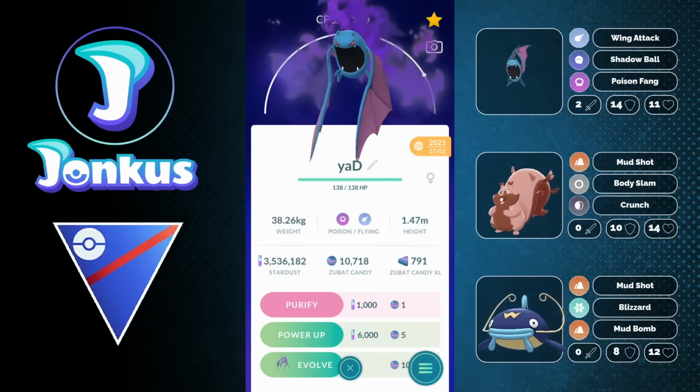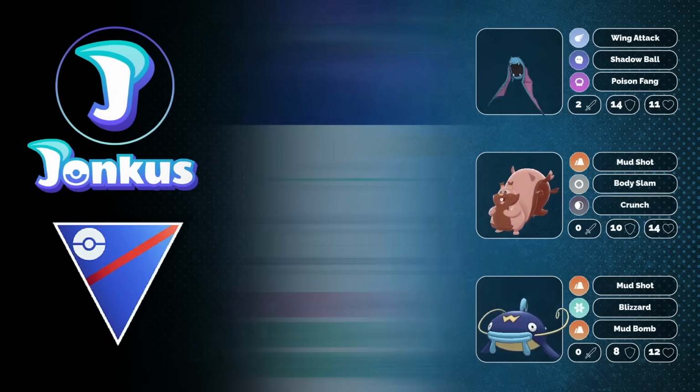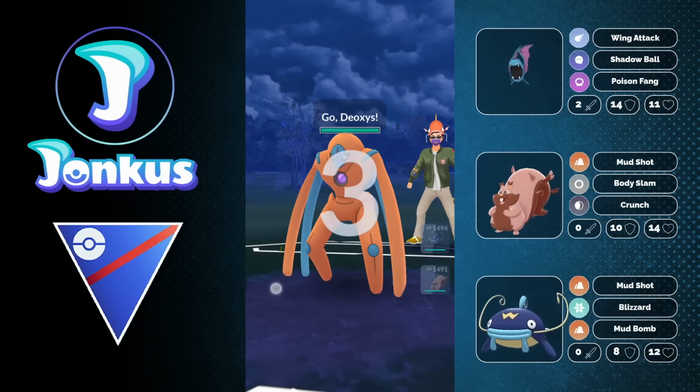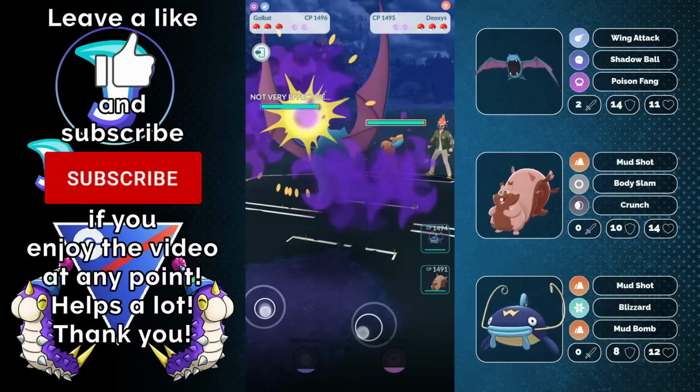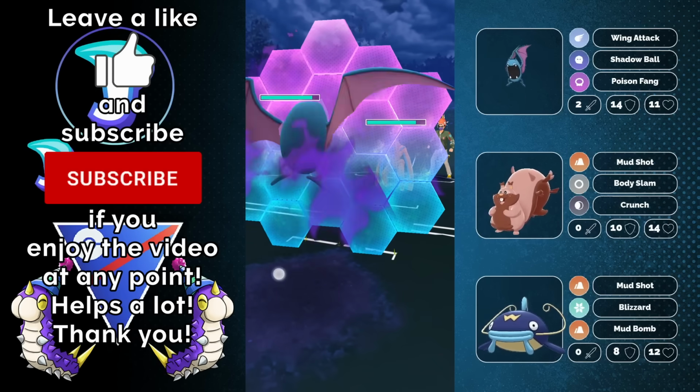Today we're gonna take a look at the cheapest team possible for the Open Great League. I mean, not really possible, as you can also use the normal variant of Golbert. I just have the Shadow variant of this one. You can use the normal one though. I had a lot of people actually ask me for this one, so today we're going to take a look